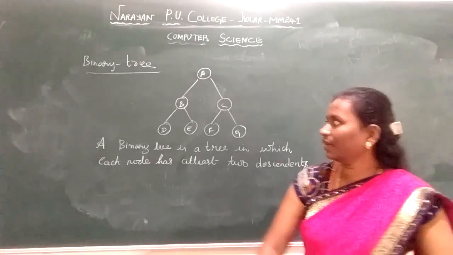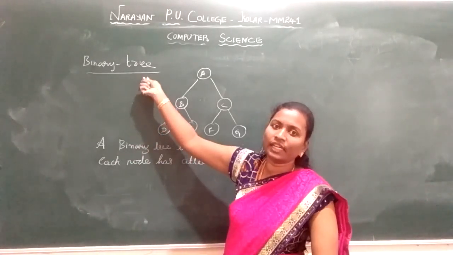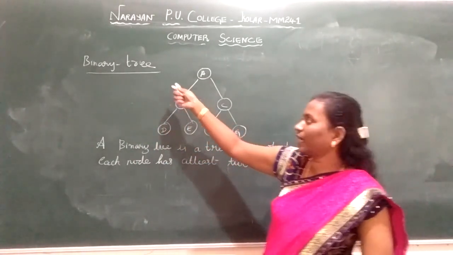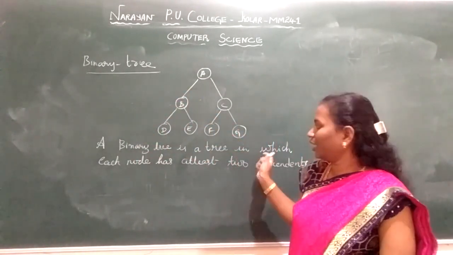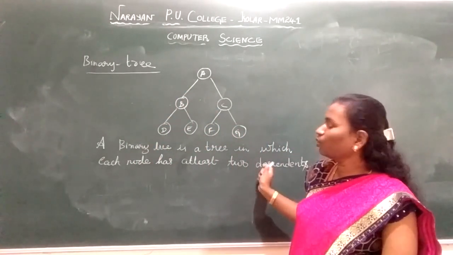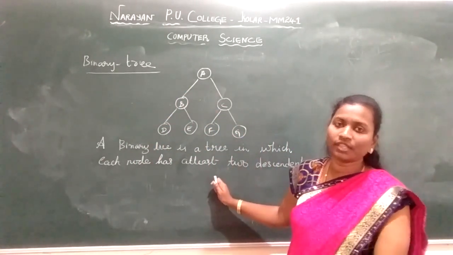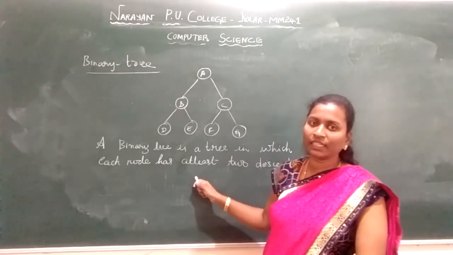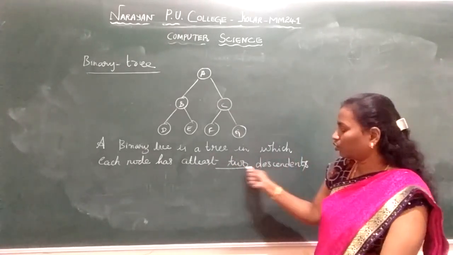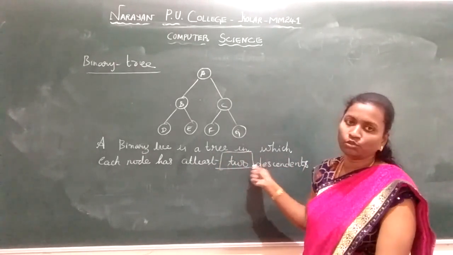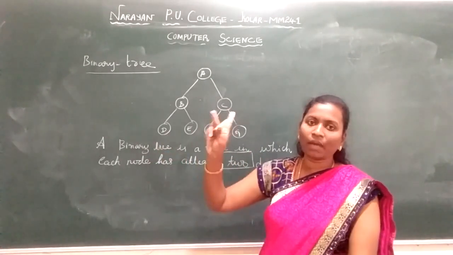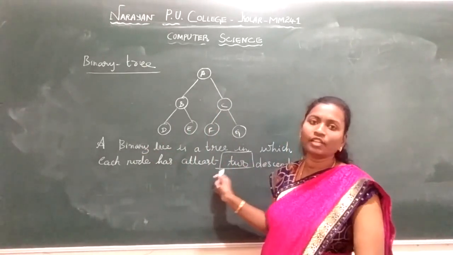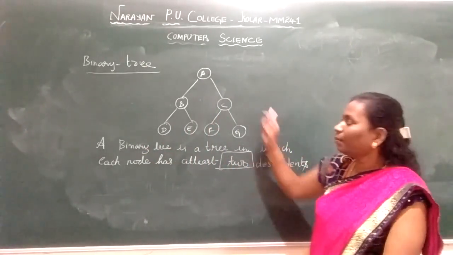Before seeing graphs, I will tell you the definition for a binary tree. We know the definition for a tree. Now what is a binary tree? A binary tree is a tree in which each node has at least 2 descendants. Please, you usually write 2 or more, you have the habit of writing the answer, so please make a note of it. It should say at least 2 descendants. Binary, we know, means 2. We call it a binary tree.